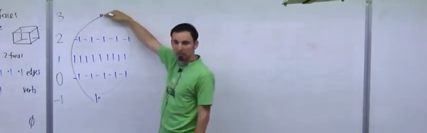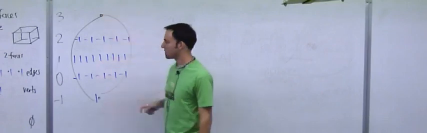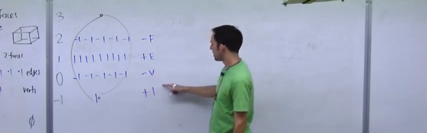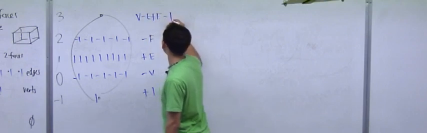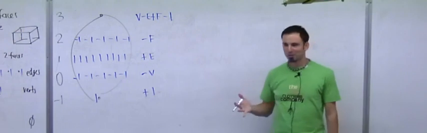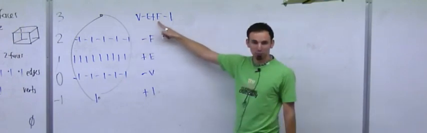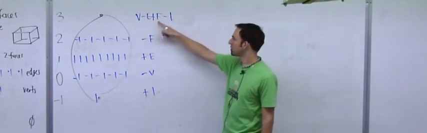What am I going to get here? Well, I have to add up all of this stuff. So here I get minus number of faces. Here I get plus number of edges. Here I get minus number of vertices. Here I get +1. And so the number that I'm supposed to put here is the negative of this stuff: V minus E plus F minus 1. And at this point, you either have seen this before or you haven't seen it. Every polytope has V minus E plus F equals 2. 2 minus 1 is 1.